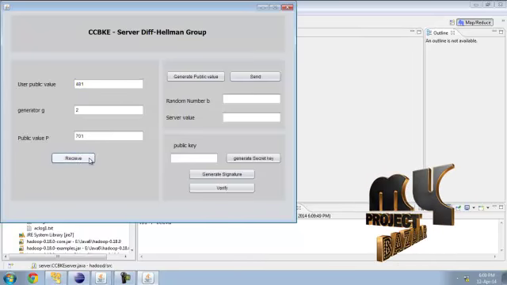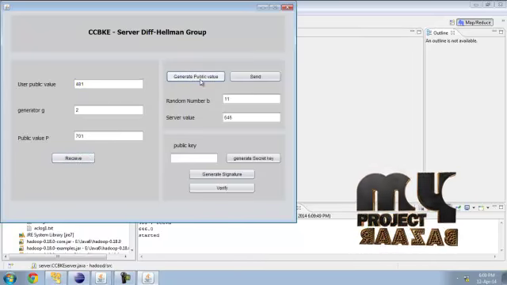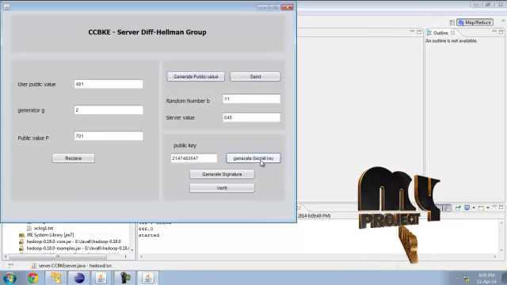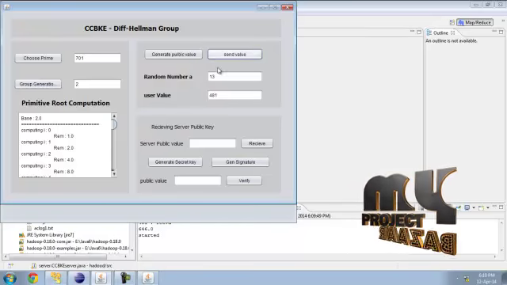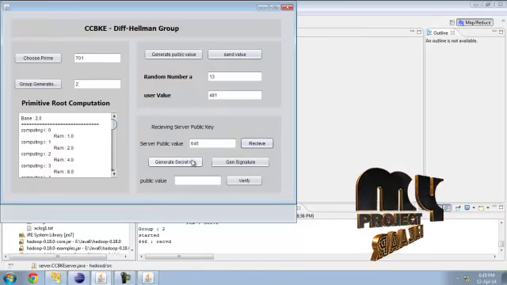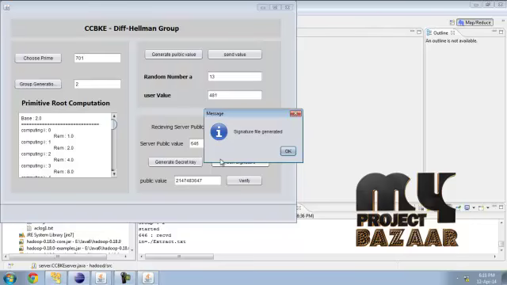Now receive the value, generate public value here, generate secret key, then send it to client. Now client receives the value, generates secret key, generates signature.